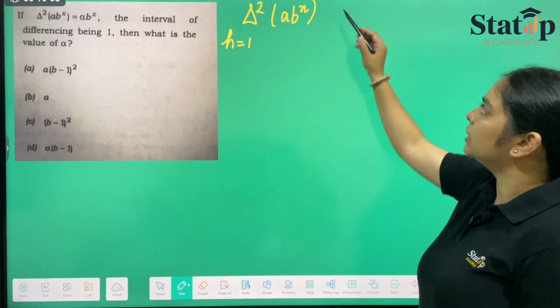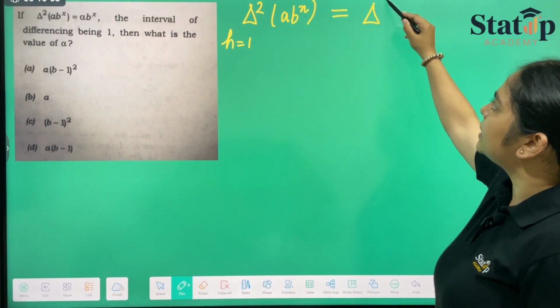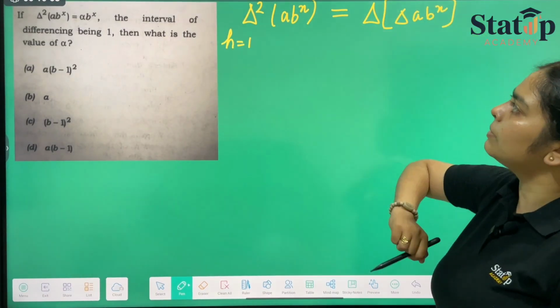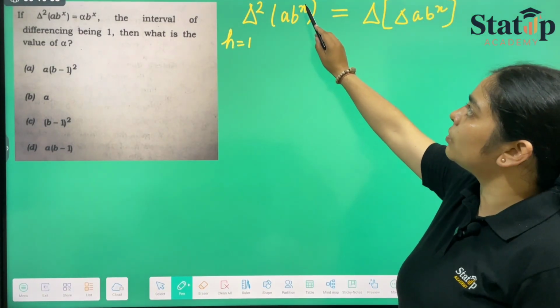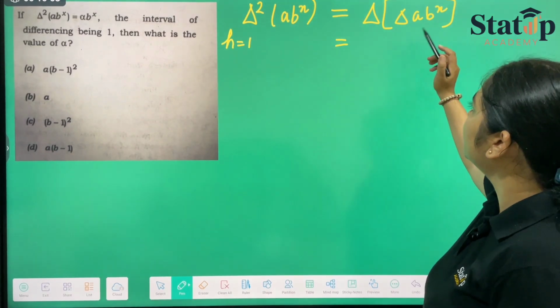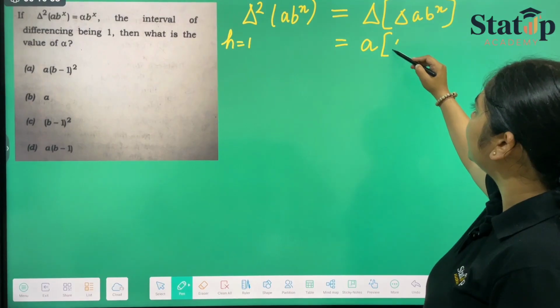Now we have to calculate this. Simply we will calculate delta into delta a^x b^x. From the very beginning you can see the x is present only on b and not on a. So a^x will come outside, so this will be a^x delta